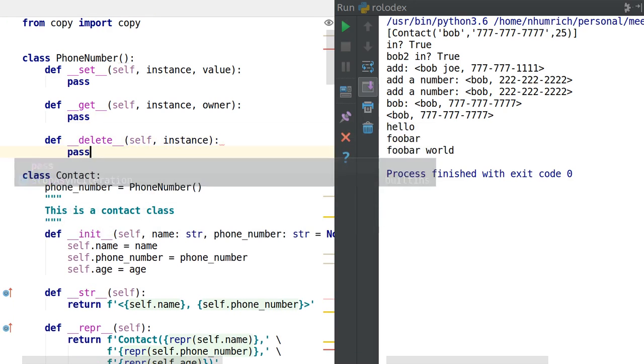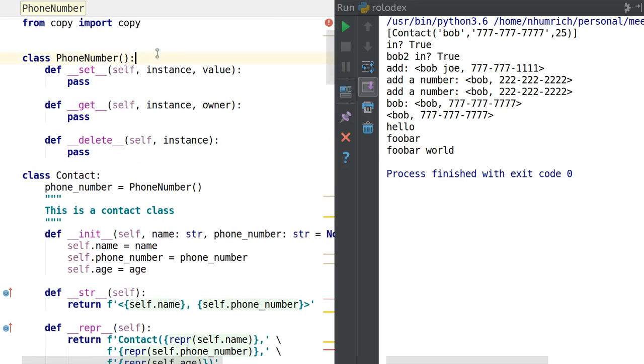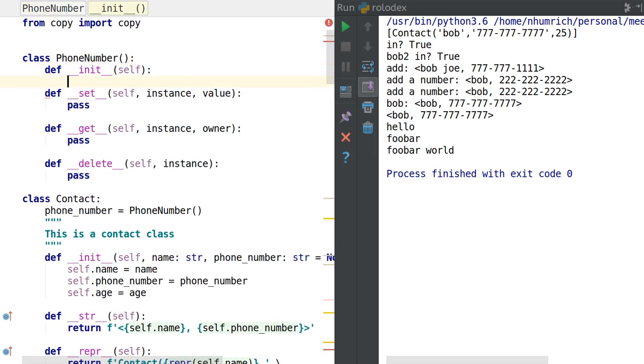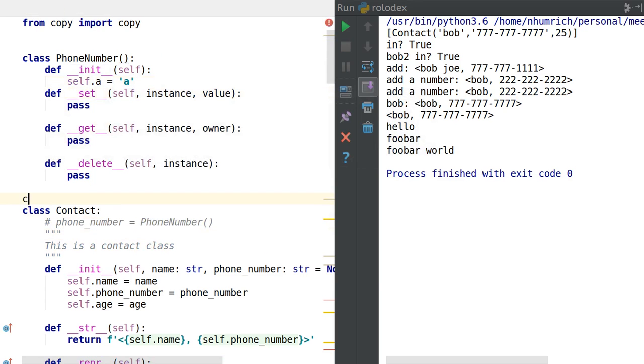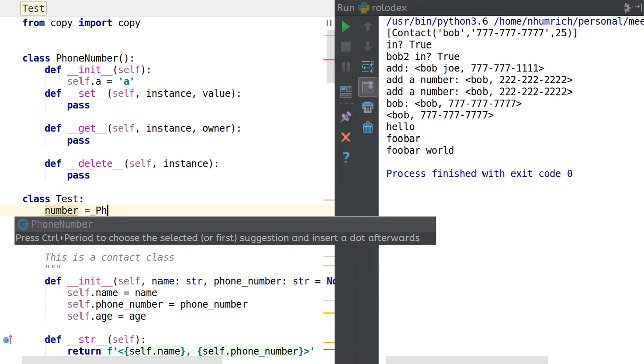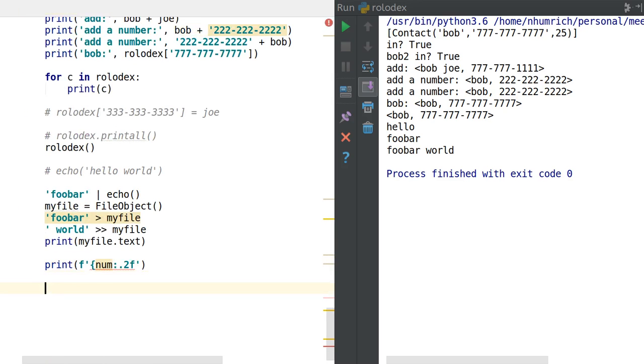And then this will actually act as a property on your object, and it's completely invisible to you. So let's just for now say that we're just going to do this really simple. I don't want to create any more bugs, so we're just going to create a new class. And its number equals a phone number. Okay, so now if we go down here,